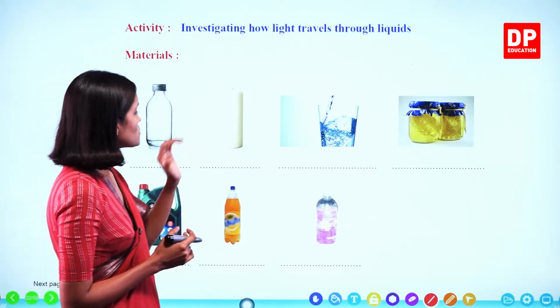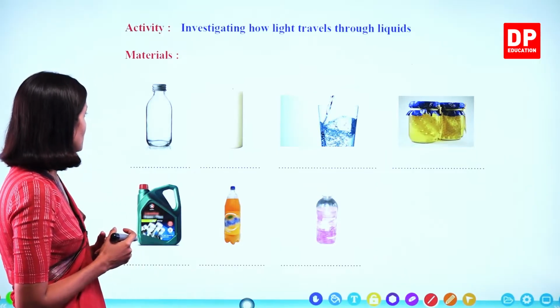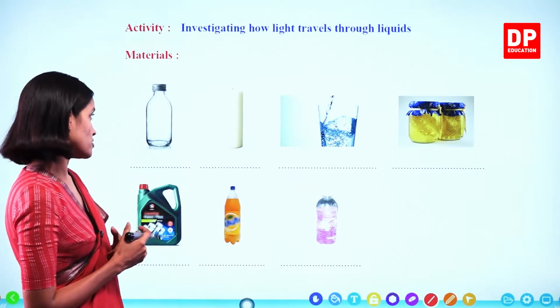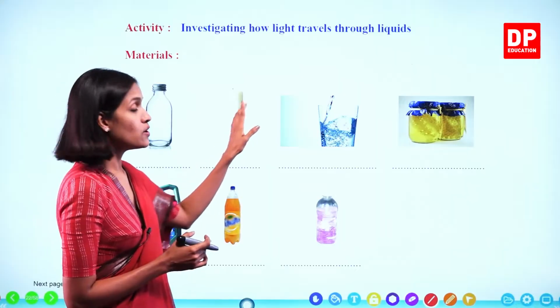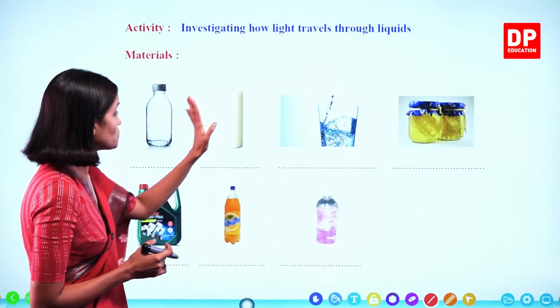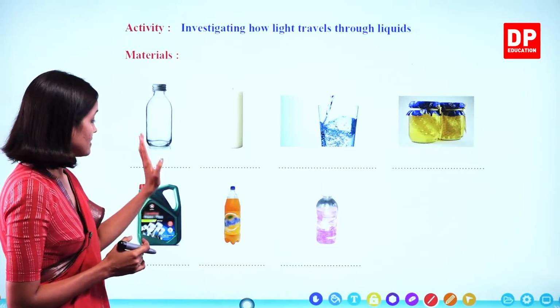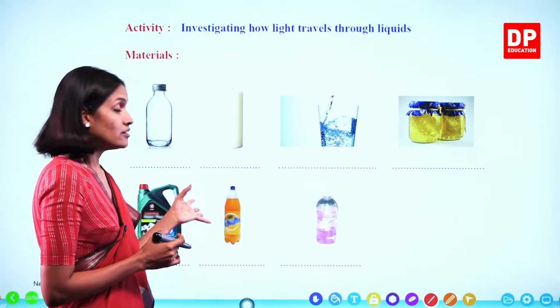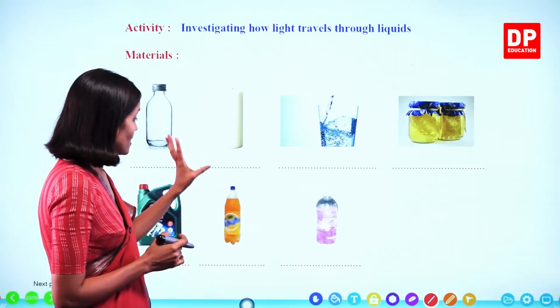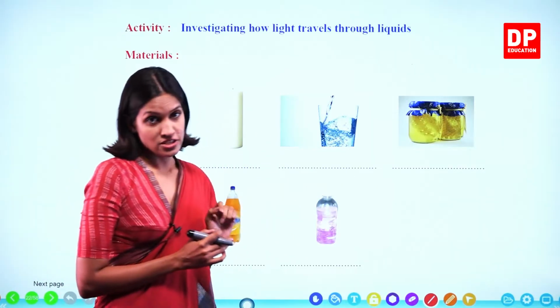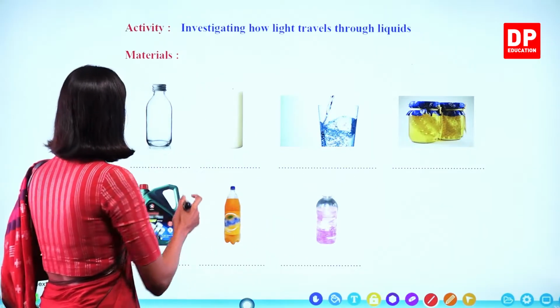So what are the things we need to do this activity? We need an empty glass bottle and we need a candle. We need different liquids like water, honey, used engine oil, and then we need colored soft drinks, right? And we need kerosene oil. We will write down